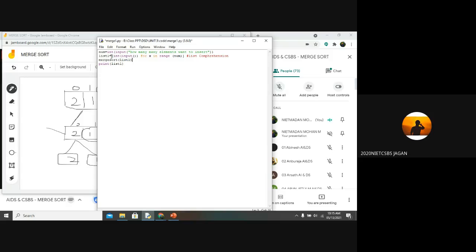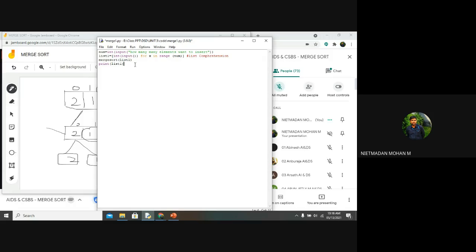Clear? Yes, sir. So what it means, same thing. It means getting an input. After that, we are going to assign the x till the number we have been given. If I am giving 5, it will be getting the elements till the fifth element. If I am giving 7, it will be getting the elements till the seventh element, in the range of x. X will be starting from 1 to 7.